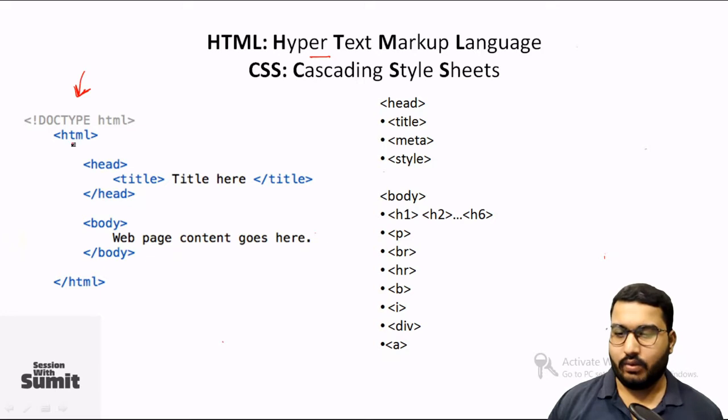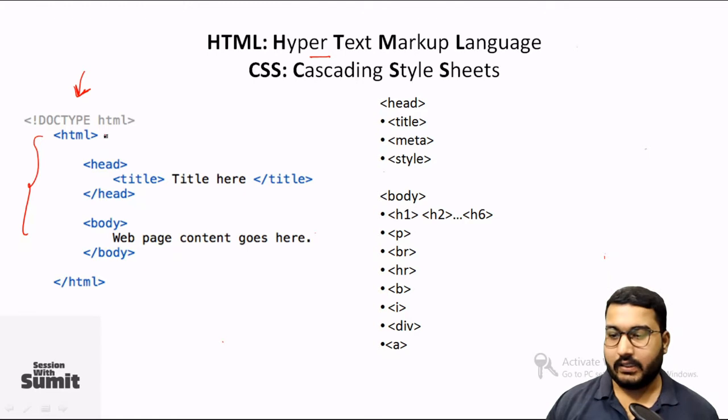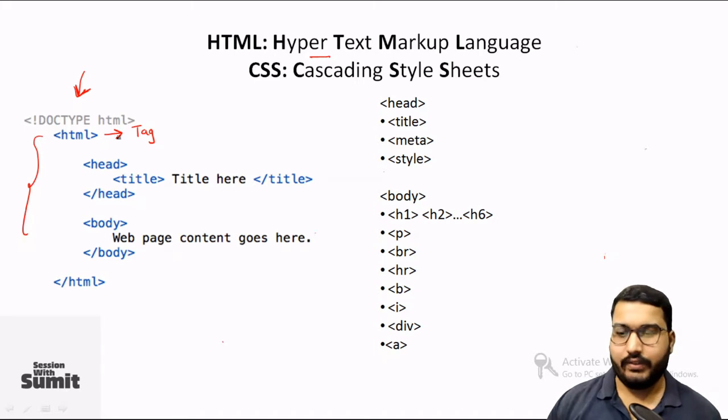So the structure of an HTML code looks something like this. It starts with this HTML tag. This is known as a tag in HTML language. So it starts with the HTML tag, and it always ends with this /HTML. All the HTML tags that you have in this particular language will start and will always end. So at the ending will always be a / and then the same tag name. So if I am writing, let's say, title, it will always end with a /title, then meta, then /meta, and so on.